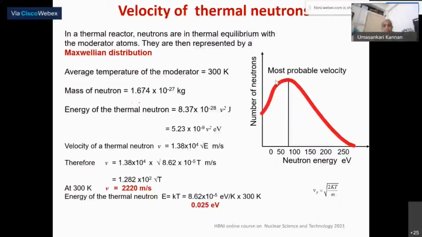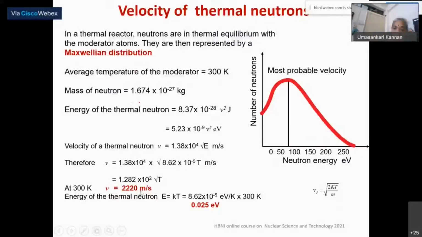Now, while discussing the neutrons, I was also mentioning to you that the thermal neutrons follow Maxwell-Boltzmann distribution. Here I have just given you a simple calculation. The Maxwell-Boltzmann distribution is somewhat like this. I have just tried to plot it by hand, so it is not perfect. You can see the neutron energy varying from 0 eV, 50 eV to 250 electron volts. And I do a small mathematics here, taking the mass of the neutron, and the energy of the thermal neutron is nothing but half mv square. If you do all this mathematics, you can say that at 300 Kelvin temperature, the velocity of the neutron would be